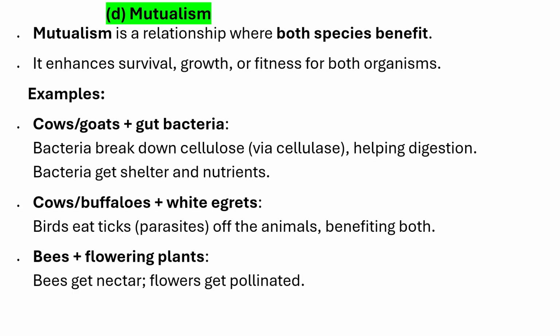Now let's go to number D, mutualism. Mutualism is a relationship where the interacting species both benefit, which enhances the survival, growth, or fitness of both organisms. Examples: